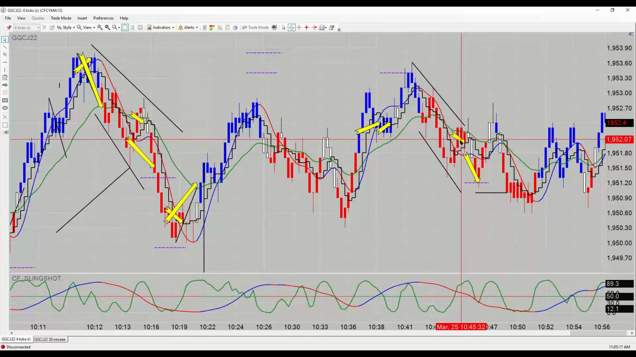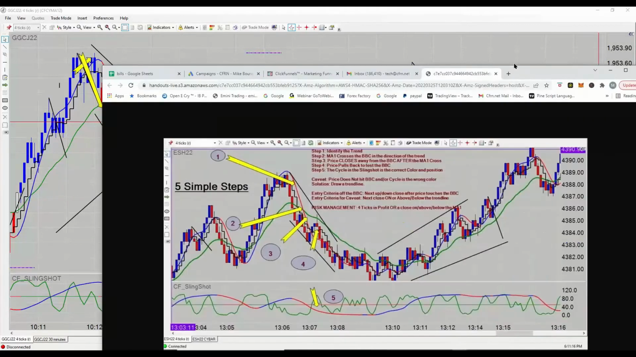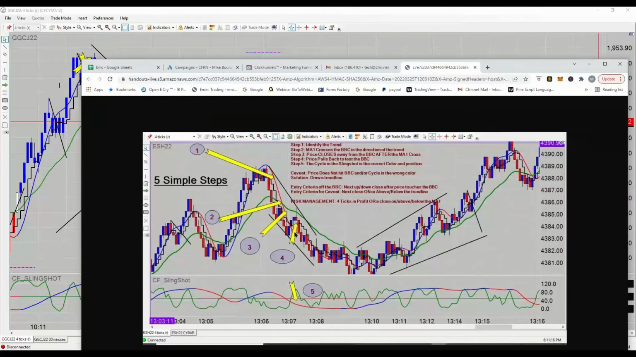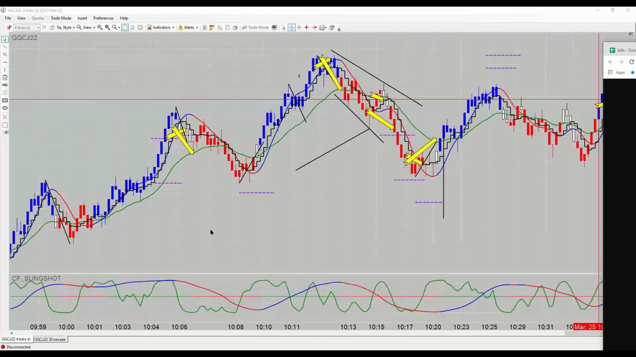So the actual entry point is going to be the next down close after price touches the BBC. In the picture, it happened to be the same bar. Okay. But that's not always going to be the case. Right. Now, if price does not hit the BBC, or if the cycle happens to be the wrong color,